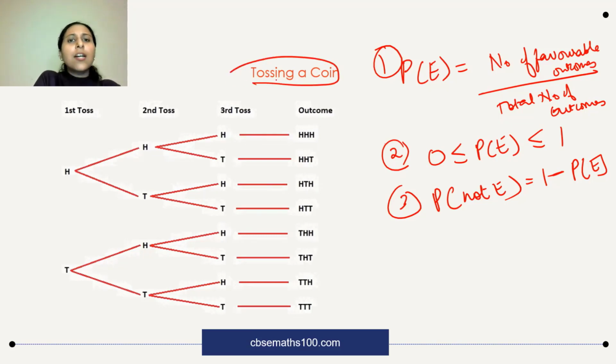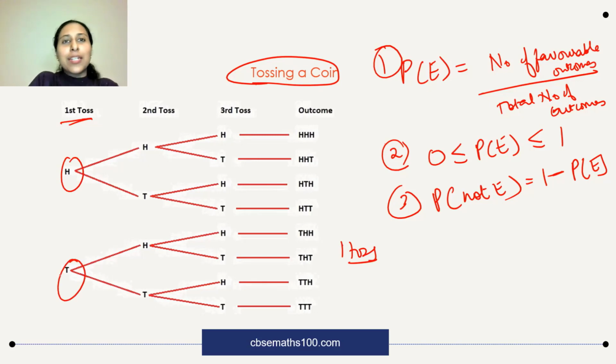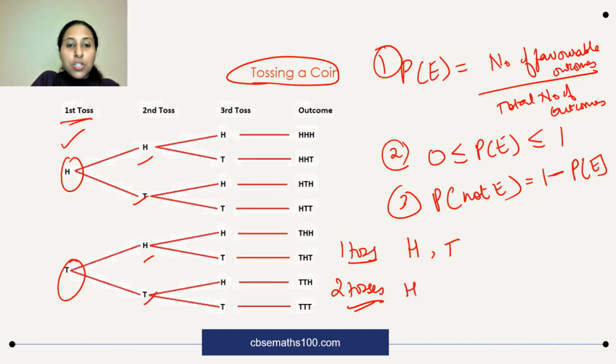Now, when you're tossing a coin, suppose you're having only one toss of a coin. One toss. Okay. What are the possible outcomes? H, T. That's it. You can have H or T. If you're having 2 tosses, how many outcomes are possible? 1, 2, 3, 4. First, maybe you got H and then you got H again, this one. Or first you tossed H and then you got T. Or it could be first you tossed T, tails, and then you got heads, or tails and then tails.